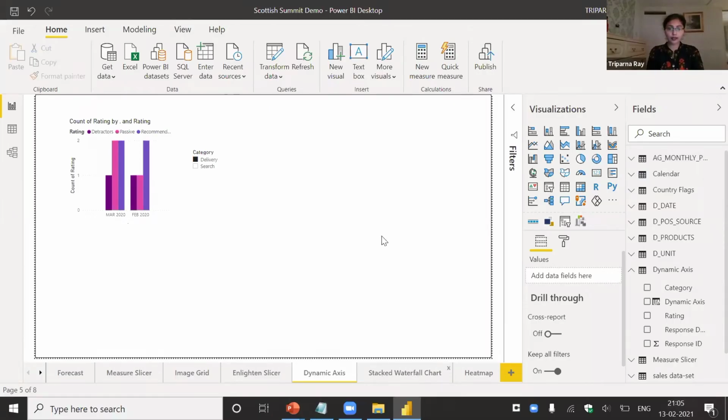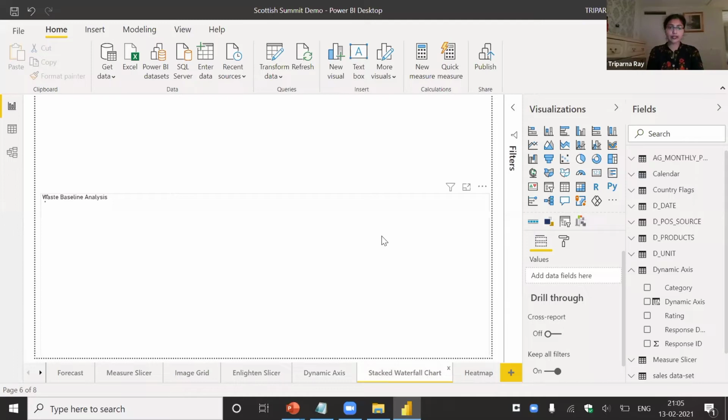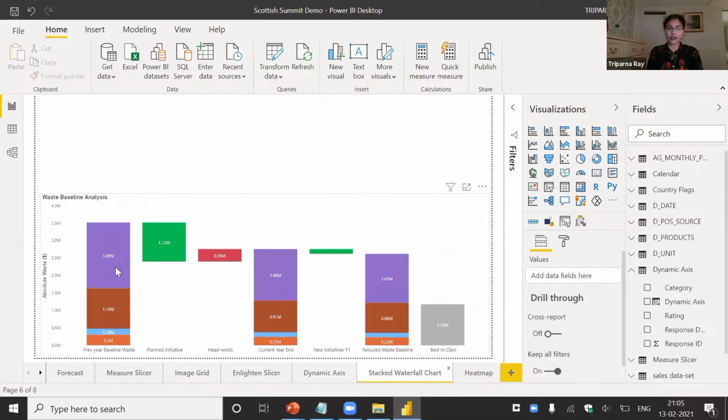So for this one, we can see the end result is how they wanted it. The bars are stacked, and we have the positive values and the negative values, and the color coding as it is required, and even one bar is in a different color. So everything is customized here. Now let's go to the